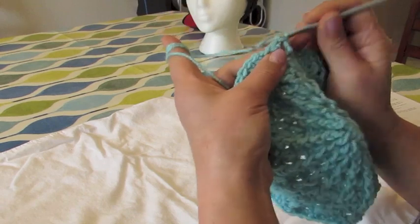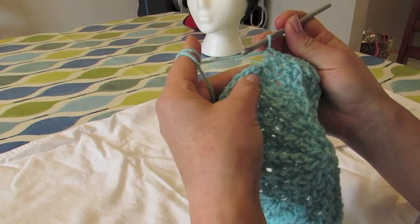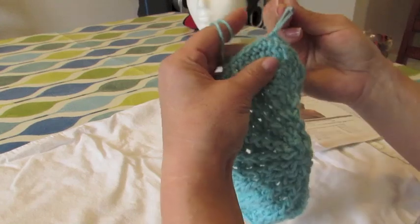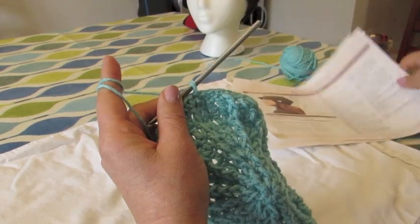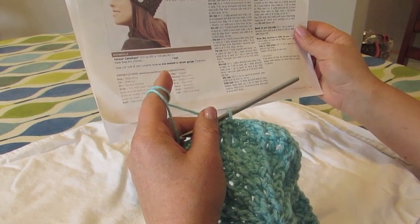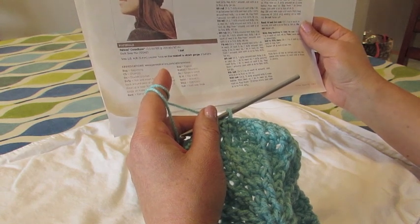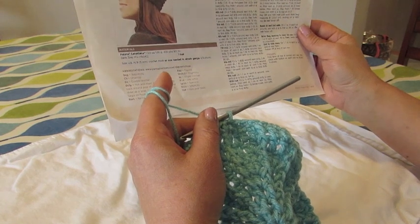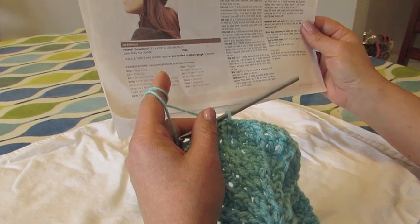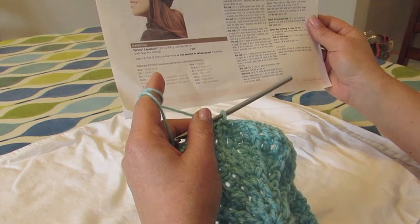Okay, so now we're at the end of round 9, so I'm just doing the last few single crochets, and then we'll join to the top of the first single crochet, which is just there, and just pull through with a slip stitch. So now round 10 is chain 2 and then 3 front post double crochets around the front post double crochet 2 rows below, and then miss the next single crochet, 1 double crochet in the next single crochet, miss the next single crochet, and then you just repeat. Now this is the bit where it can get a little bit confusing, because you have